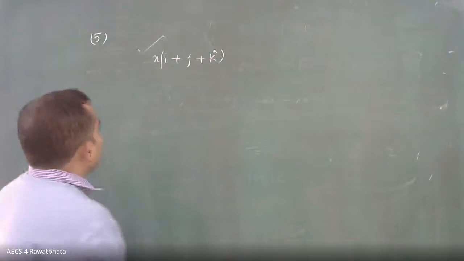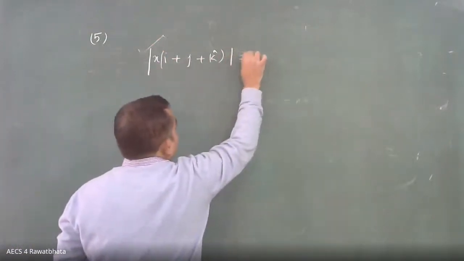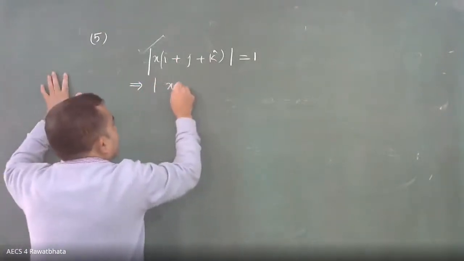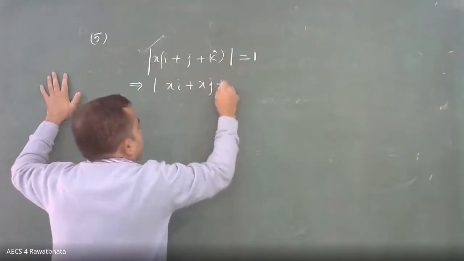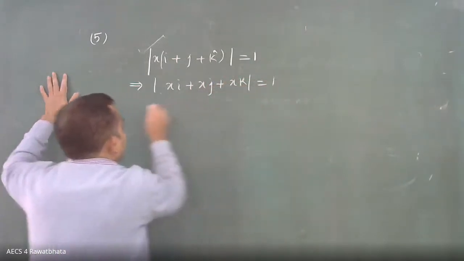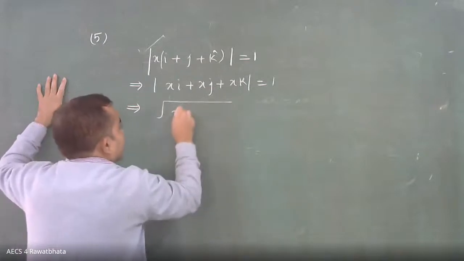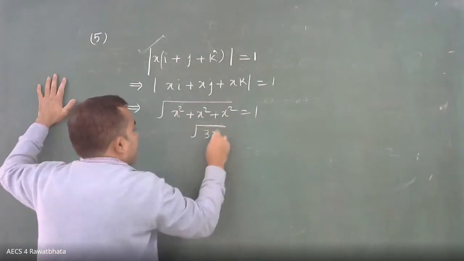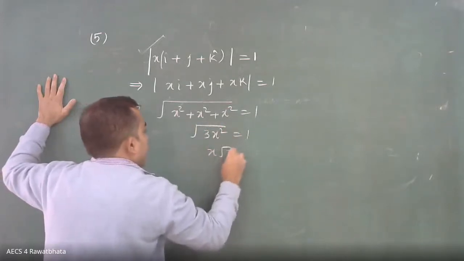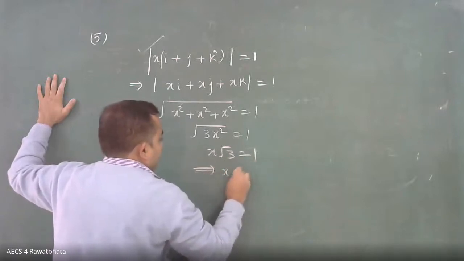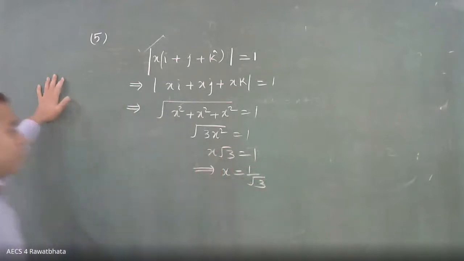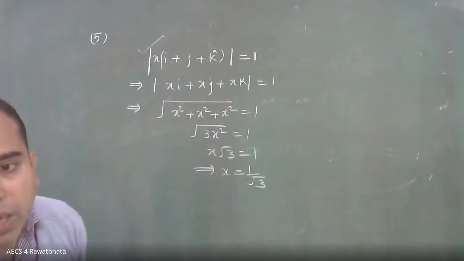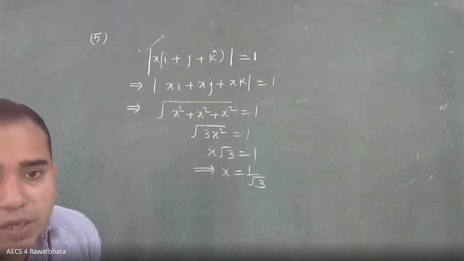So unit vector means its magnitude will be 1. सीधी बात है. So what I am going to do? I am going to write its magnitude is equal to 1, and I will find out its magnitude. Right? See, I have multiplied it. Now finding out its magnitude is not a difficult task. As per the formula, and there you get it. Simple. Right? Very simple. This is question 5th. Now the next question, question number 6.